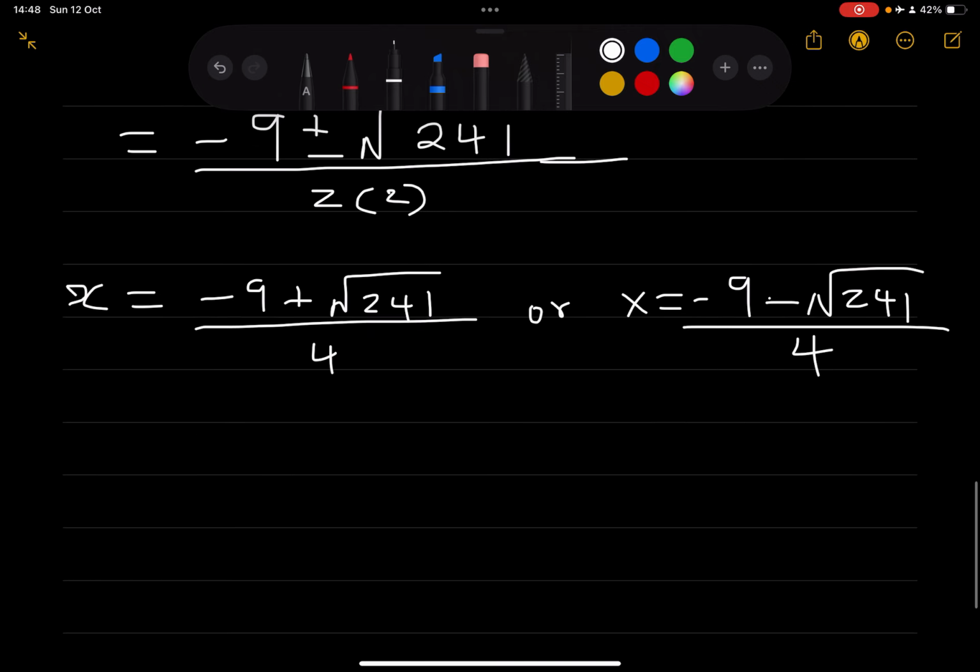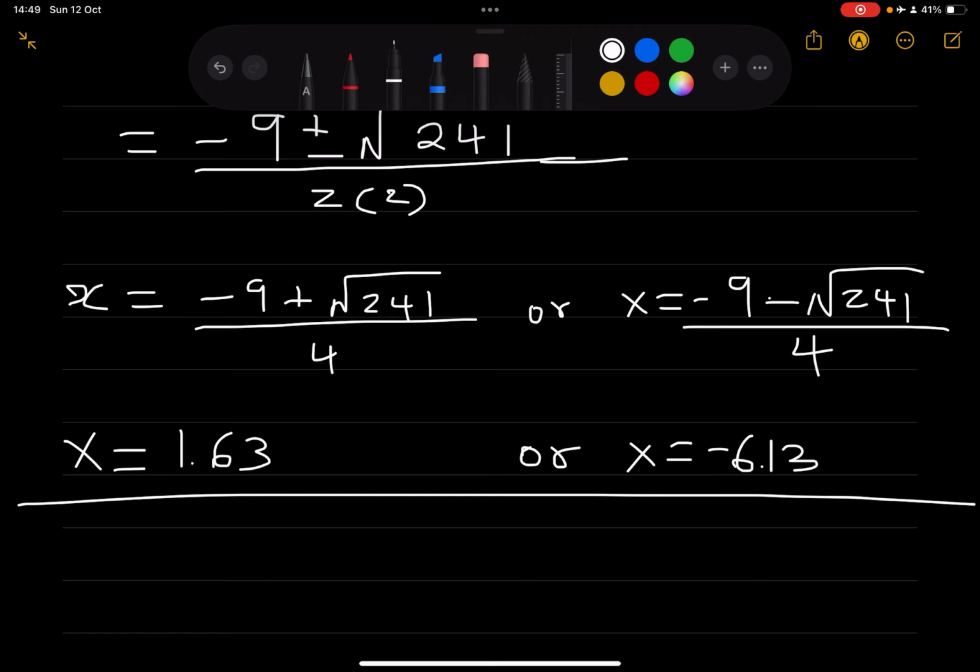Ne? And then let's see. We have negative 9 plus square root of 241 over 4. We round off to 2 decimal places as per the instructions, but always read your instructions on the question paper. They can change. Ne? Some curricula say 1, some say 3, ne? And so on. Okay, and then we're going to have negative 6.13, and that is our solution. All right,